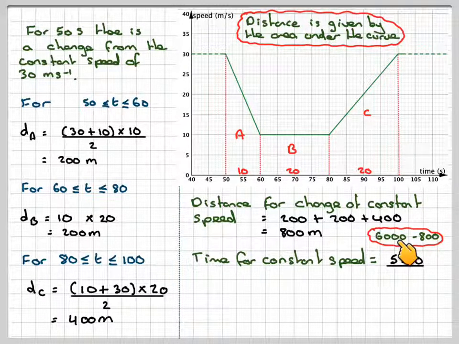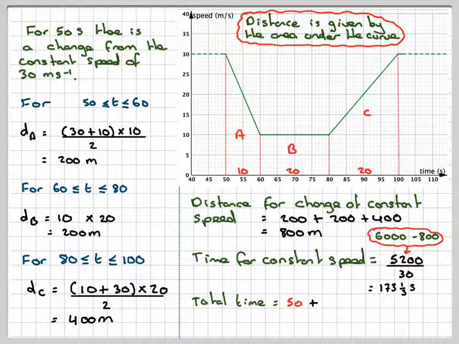The total journey was 6,000. For 800, we had a change from the constant speed. So it's 5,200 divided by the constant speed, which is 30, because time is distance divided by speed. So that gives me 173 1/3 seconds. Therefore, the total time for the second journey is going to be the 50 seconds plus this 173 1/3, which gives me